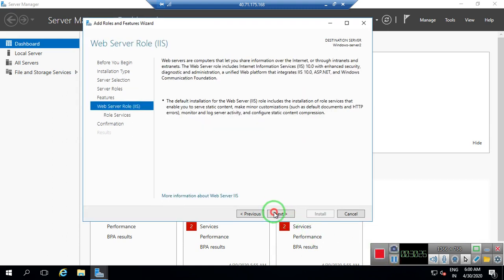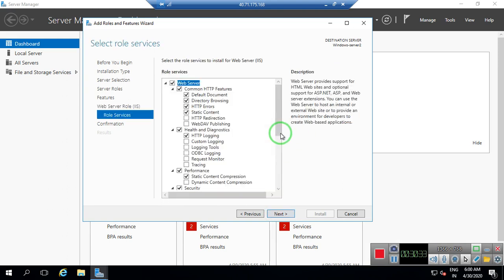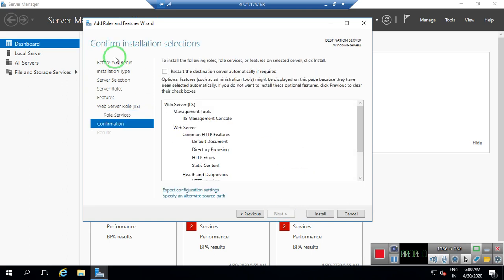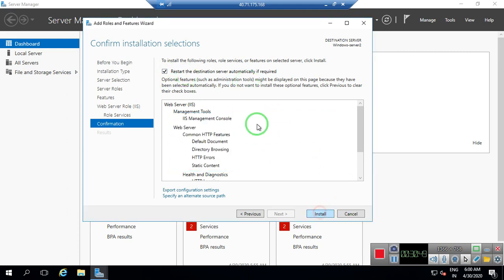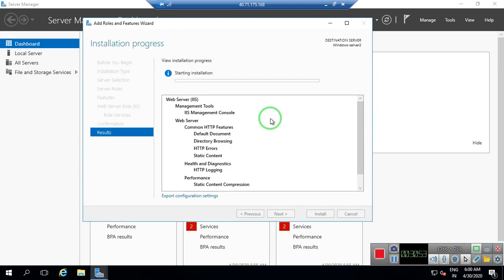Okay, click on next again. I'm not using anything. I'm choosing the default roles in web server. Click on next again. Now choose enable automatic restart. I just select restart enable automatically. Click on install now. Okay, so now it's going to start the installation.